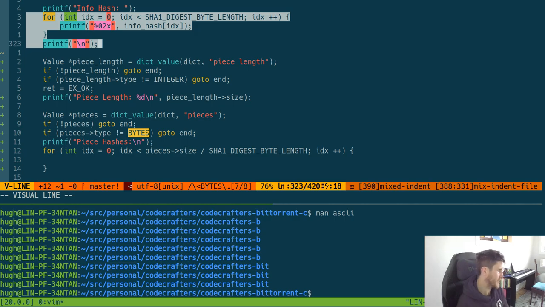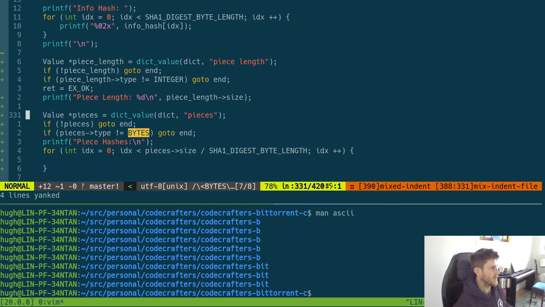I don't really want it to return a hash, because that kind of relies on you. Well, yeah, I don't know. There's a few different ways of doing it, but yeah, I'll do it this way